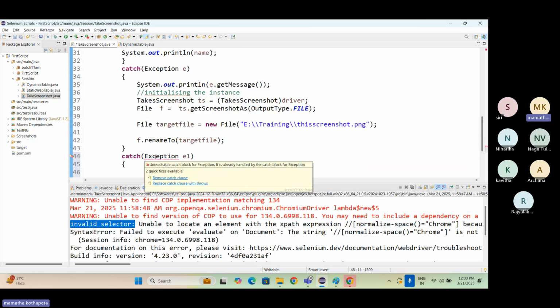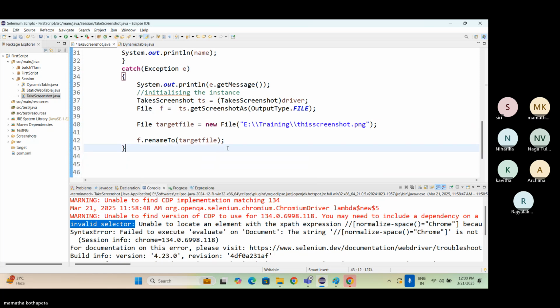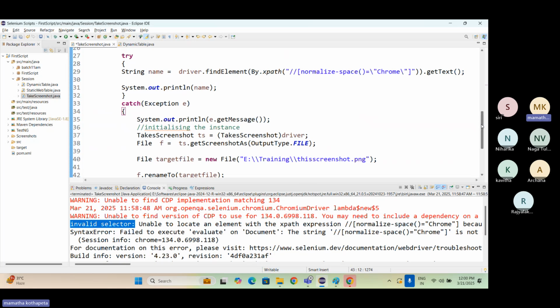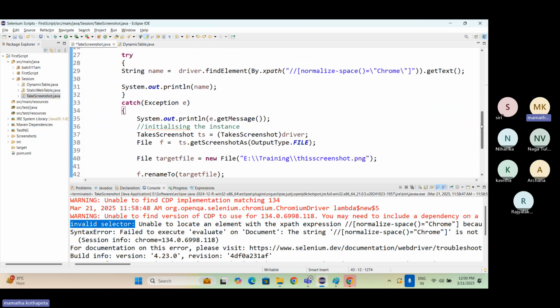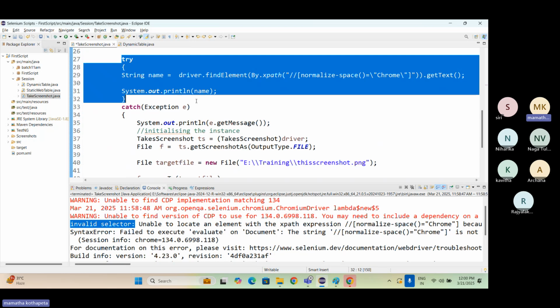Remove catch clause and replace throws. Okay. I'll teach you how we can have finally and multiple try catches inside a try catch block. So for now, try to understand: